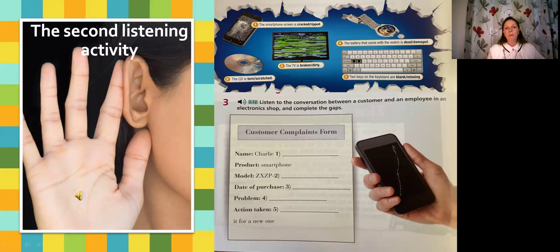Good morning. How may I help you? Yes, hello. My name's Charlie Cook. Let me just make a note of that. Charlie Cook. Okay. I'm here about the smartphone I bought here a couple of days ago. You weren't here, but a lovely woman called Janine helped me pick out exactly what I needed. I've got it here in my bag. It's Janine's day off today, but I'm sure I can help you. Can I have a look? Okay, it's the ZXZP1266 model. When did you say you bought this? The 4th of June to be exact, at around 2 p.m. And what's the problem with it? Well, its screen is scratched. It's hard to see unless you put it up to the light, but there it is. See? All the way across the screen.